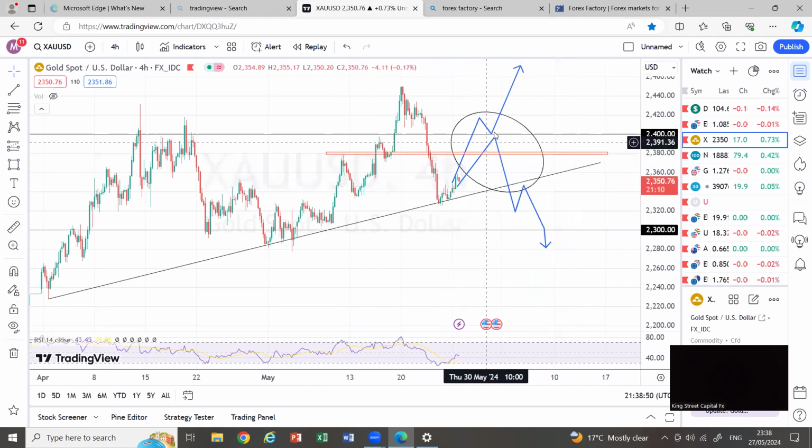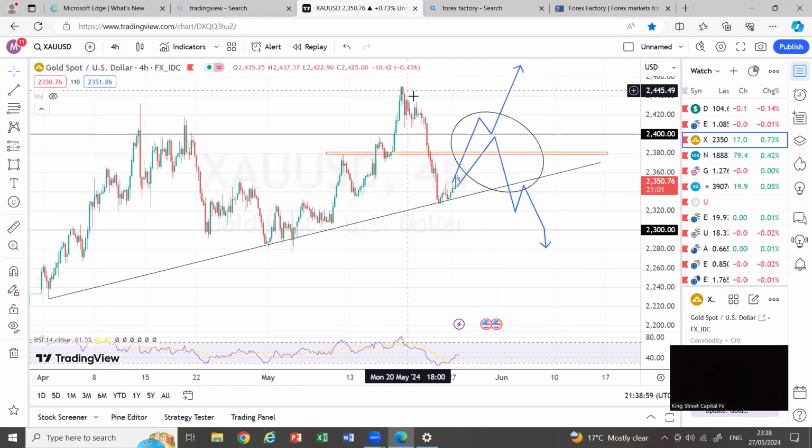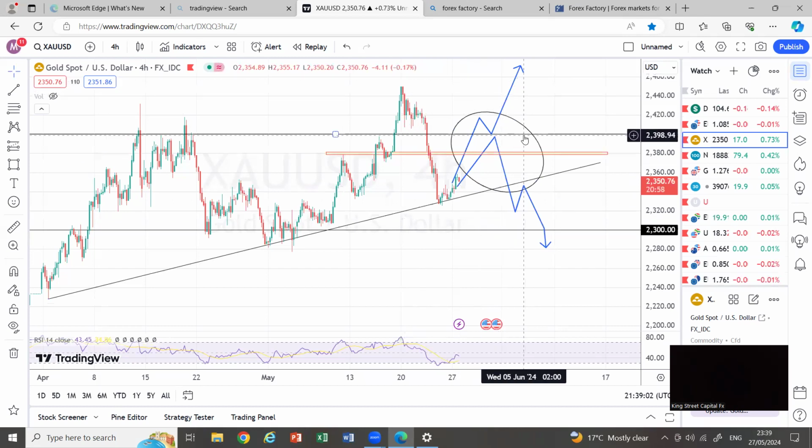If we break this area, retest, continuation, we have to look out for 2,402 and continue towards the upside, breaking this previous higher high and coming back for a retest at 2,400, higher low, pushing back to the upside. Or price comes towards this zone between 2,380 and 2,400, gets some bearish momentum, which you can see has been found here, comes back down,